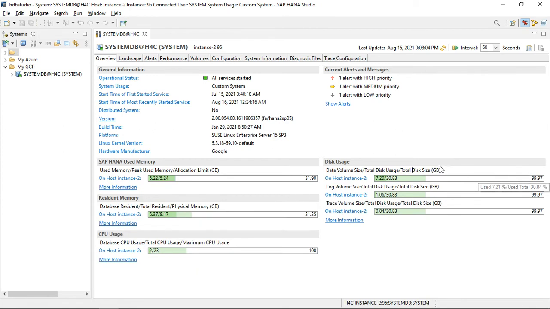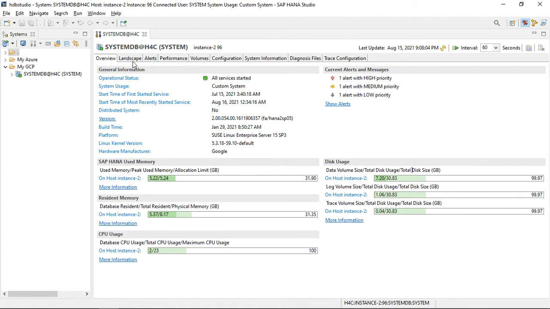This is basically all your OS related file systems. So here you can monitor in a single view. This is the overview tab, and you will get to know all the status, what is going on in your HANA and how the health is. If you want to monitor, it is very helpful.